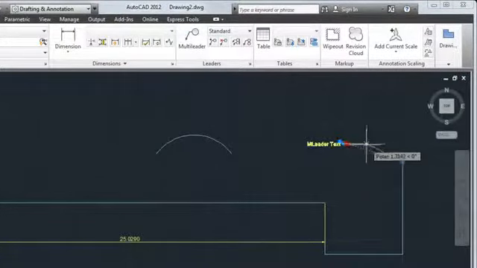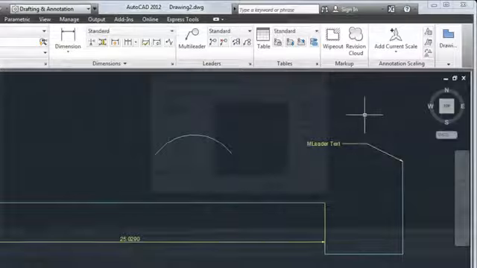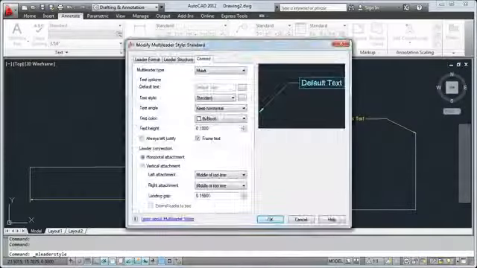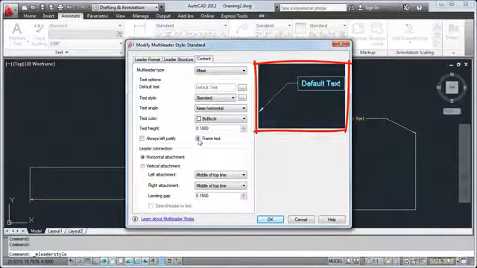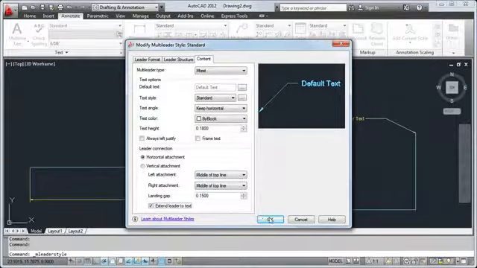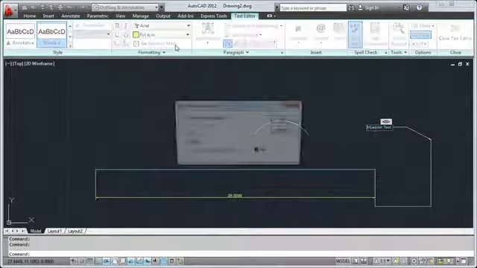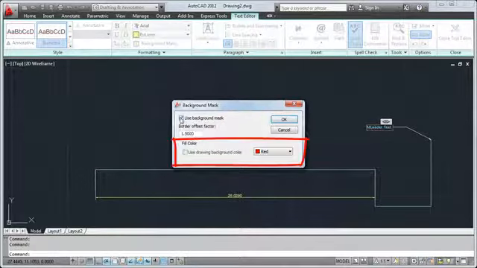Speaking of M-leaders, you now have better control over the distance between your text and the frame. And if you're not using a frame, you can now choose to extend the leader all the way to the text. If you use the M-Text background mask, you'll appreciate that it now remembers your settings for fill color and